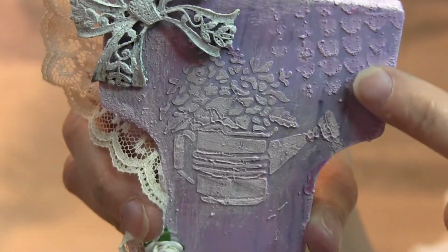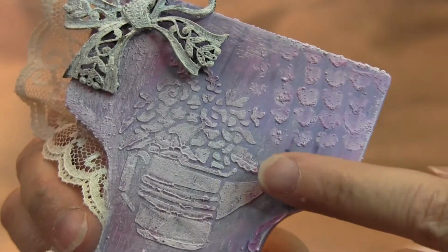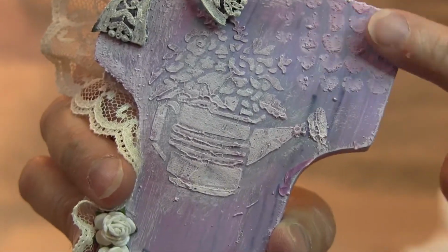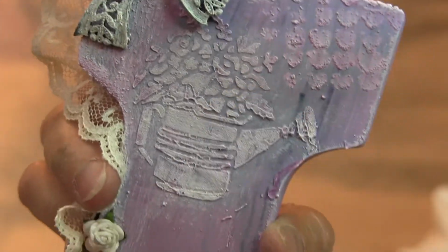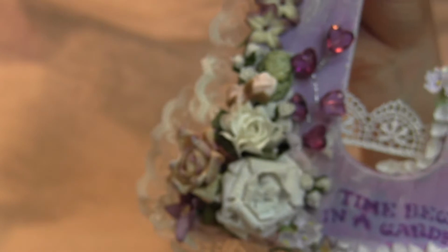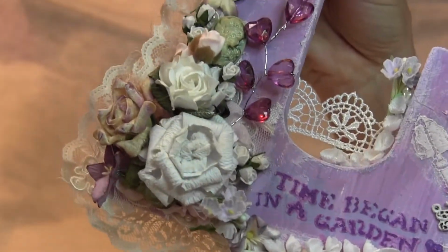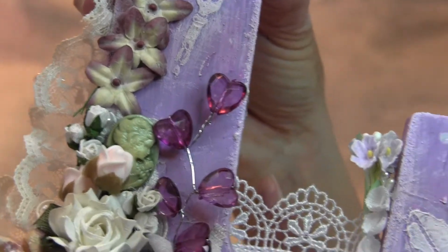I stenciled with this heart stencil, and you can see the color from the background is picked up there. I didn't go over that with white because I really wanted these other pieces to show. And then I just added flowers and lace all around. And then this here, right here,